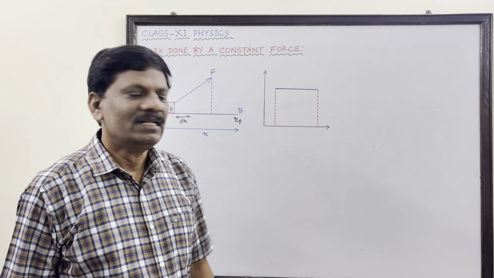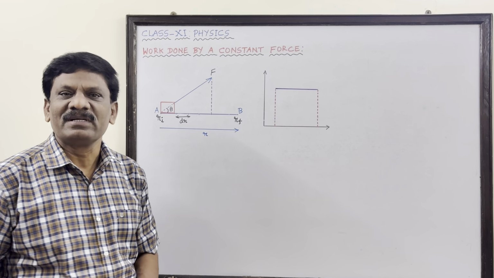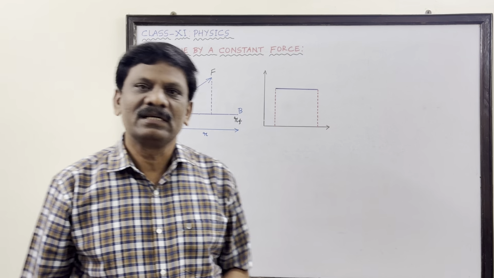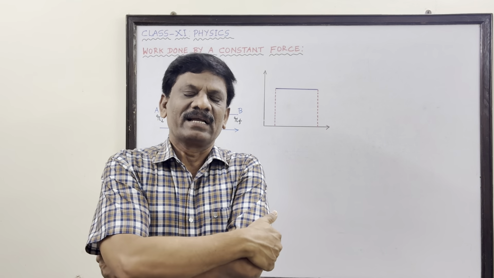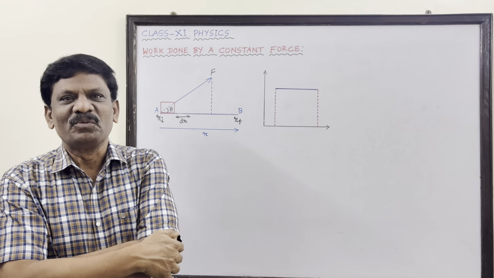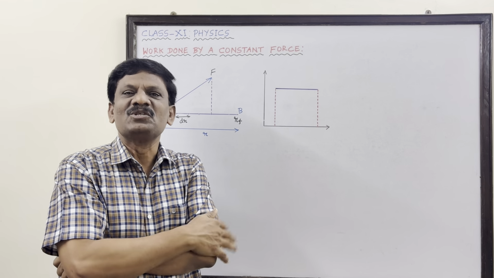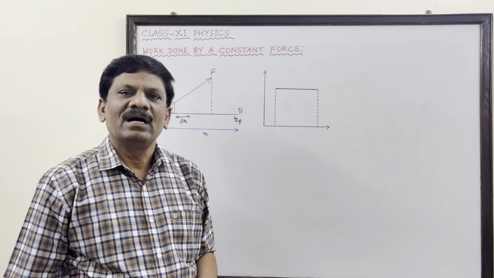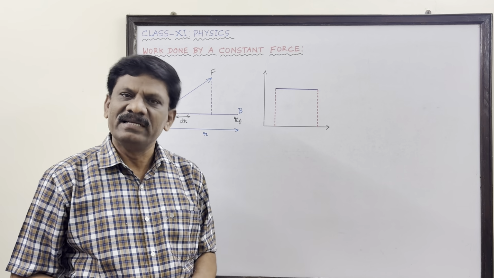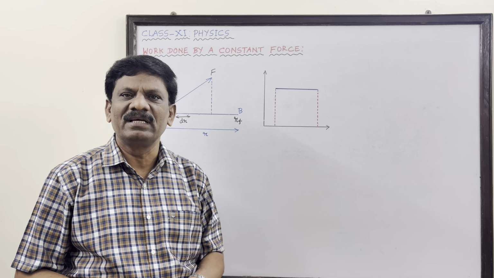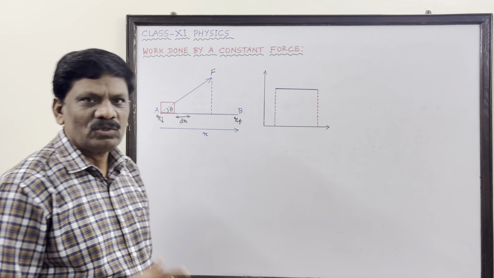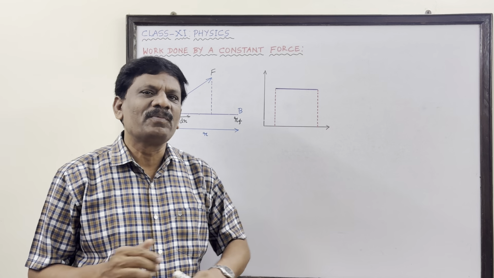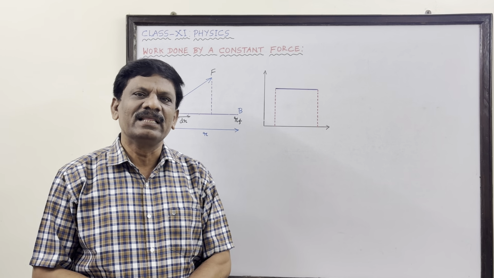Hi students, today we are going to derive an expression for the work done by a constant force. We have already studied in the class when is work said to be done. Work is said to be done only when a force acts on a body and the force produces a displacement along the direction of the force. Also we have studied work done by a force is a dot product of the force vector and the displacement